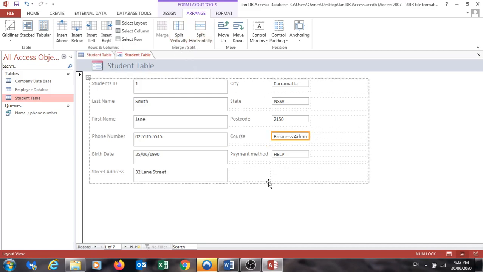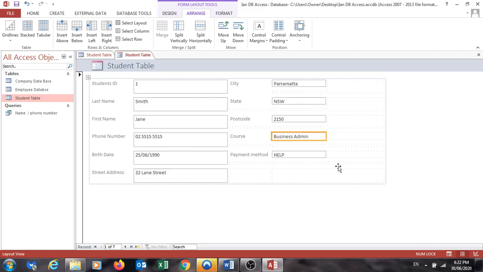And split horizontally. Good. So I've just customized that. I'm going to make this a little bit larger to fit in all that information, so that's good. Now we're going to practice moving the fields around, and according to the exercise it wants us